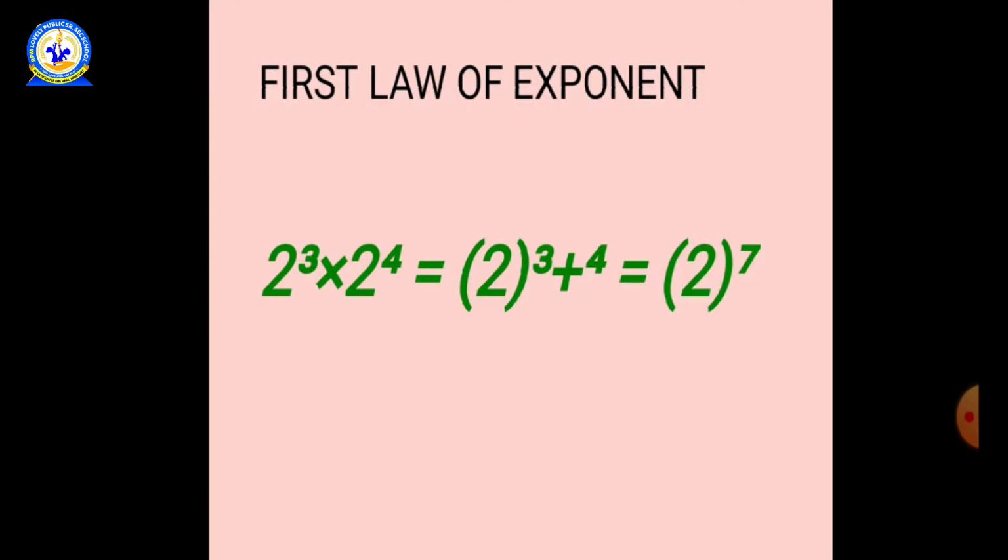So let us take one example. 2 raised to the power 3 multiplied by 2 raised to the power 4. Now in multiplication, both bases are same, base 2, and the powers are 3 and 4. So in multiplication, when bases are same, powers will be added. So that is equals to 2 raised to the power 3 plus 4, that is equals to 2 raised to the power 7. When we have to write in exponential form, we can write like this, 2 raised to the power 7. When we have to find the value of it, I can write 2 seven times and then multiply it.